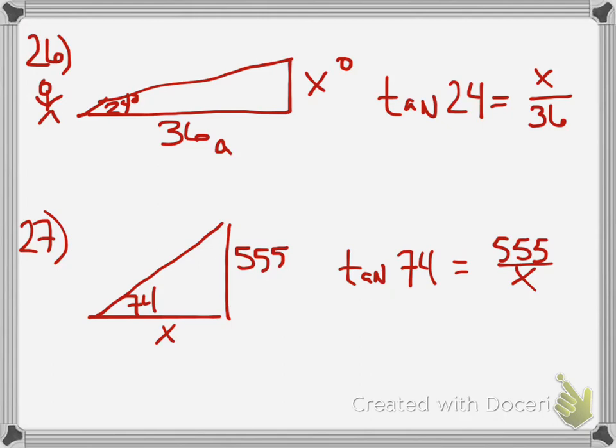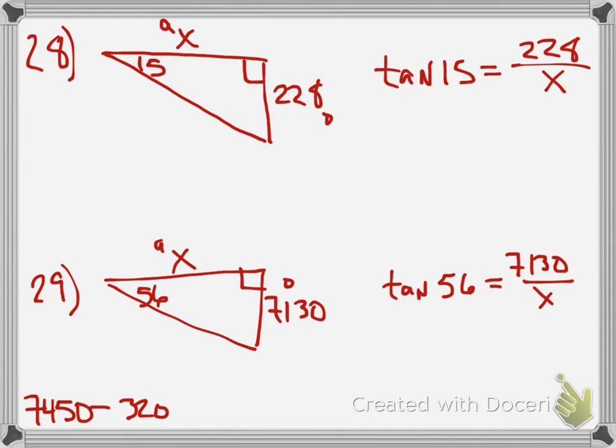So you can see, and most of these will be tangent. When you have it like that, you got tangent 24 is equal to x over 36. You should multiply, and it should get you about 16 feet as an answer. On this one, I said that the height of something was 555 feet. Angle of elevation was 74 degrees. Find that horizontal distance, and then that means to divide, and you should get 159.1 feet approximately. Okay? And then moving on,